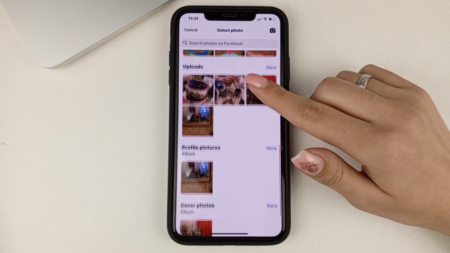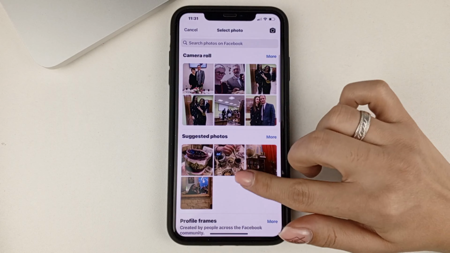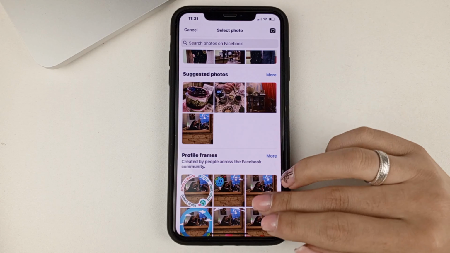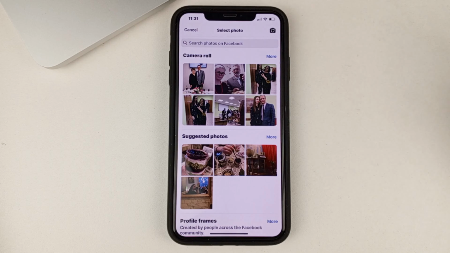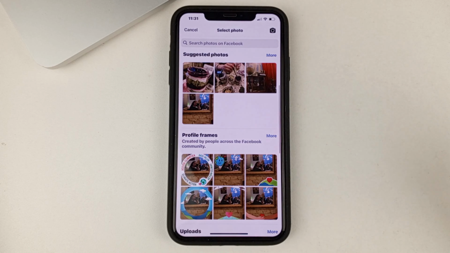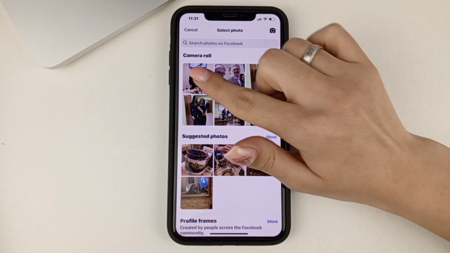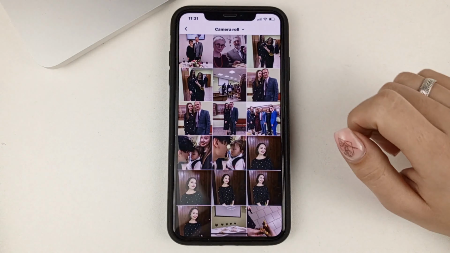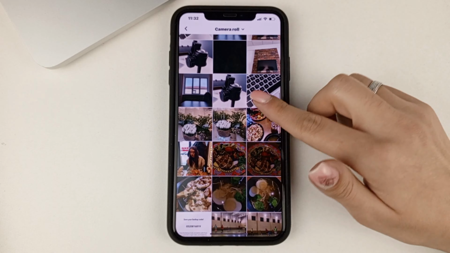Now you can choose where you want to upload your new photos from. From your camera or from the post that you've been embedding. You might want to go from Google Photo or whatever you want to choose from. I'm gonna go with camera. So I'm gonna click More. Next, we're going to select an image.